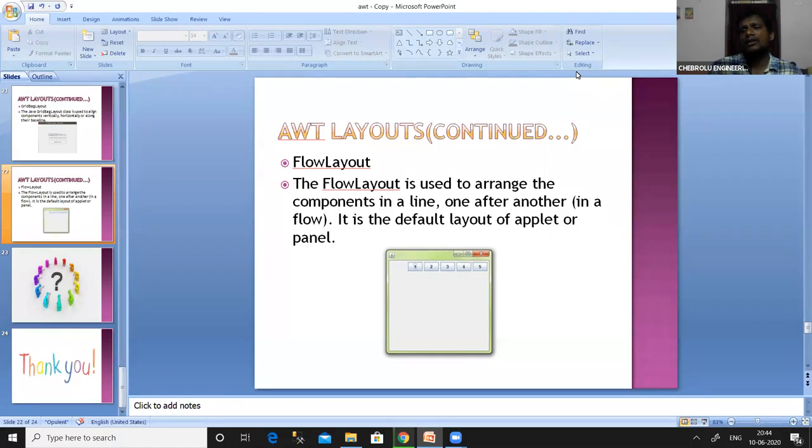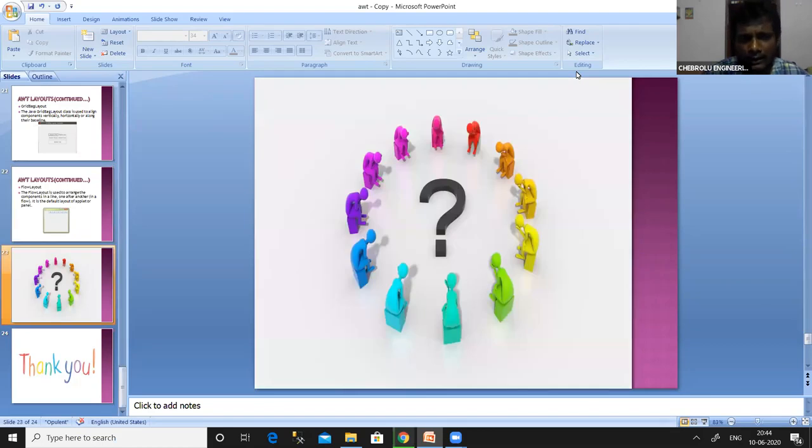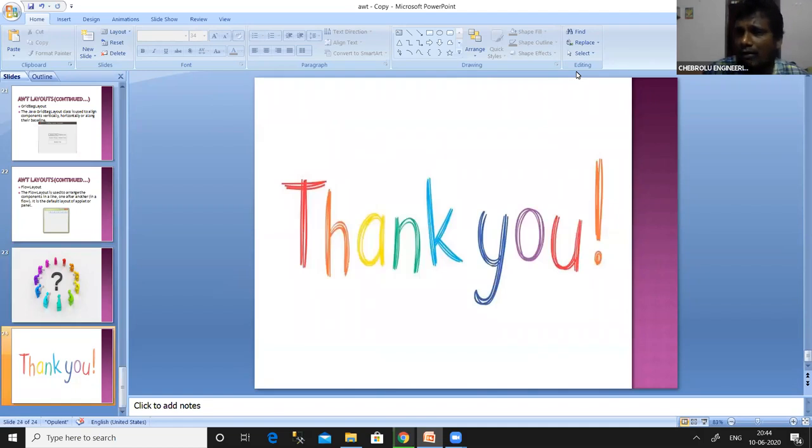The next component added to that particular container will be placed beside that component, if it fits, or else it will be placed on the next line. Depending upon the size of the output screen and the size of the container or the component, these components get arranged automatically. That is the benefit of flow layout. We can add any number of components in flow layout, and they will be added automatically to the container. These are the topics we discussed in the previous session.